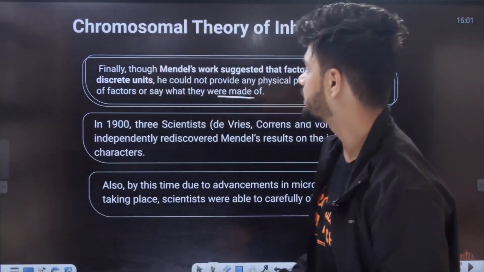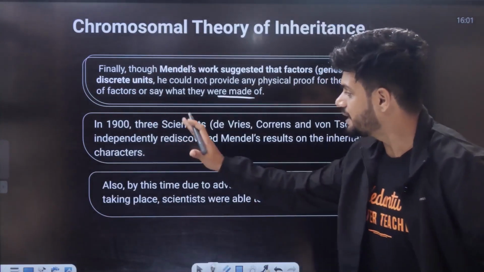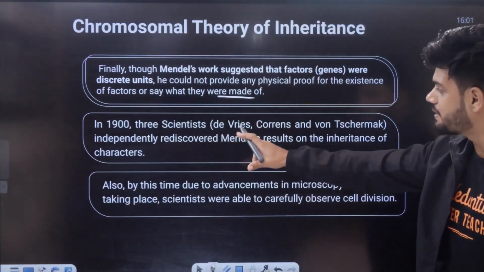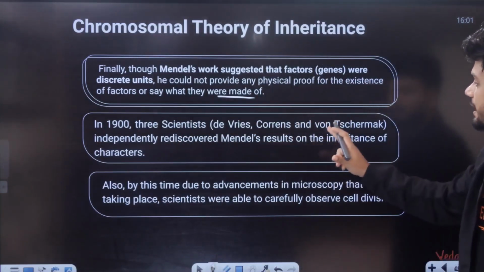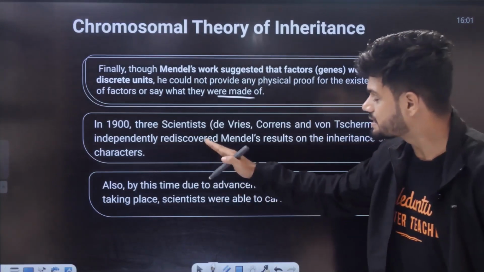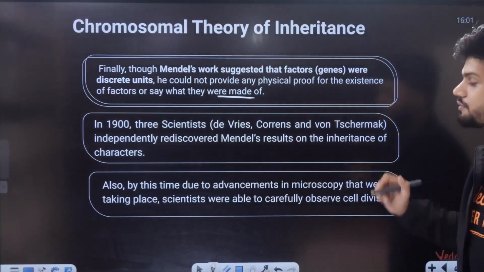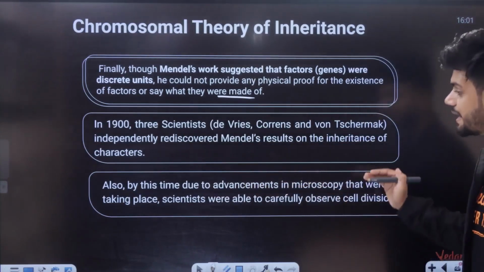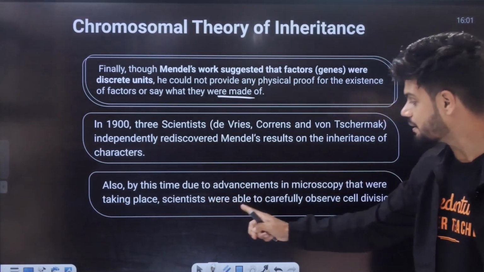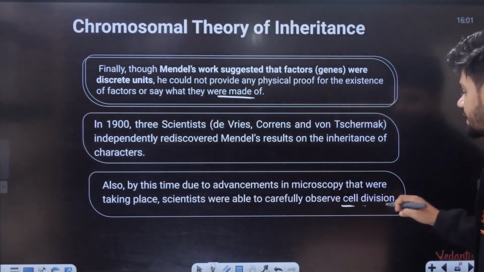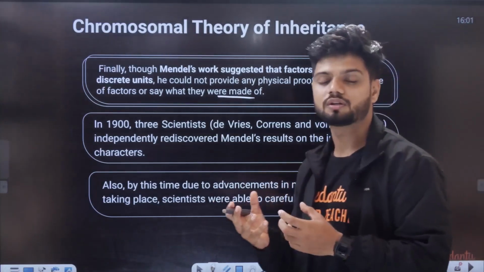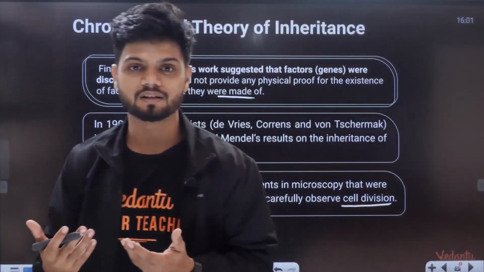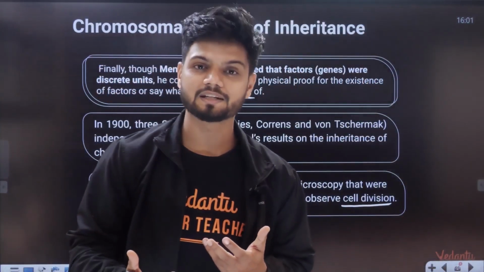No proof, no one will care. In the 1900s, three scientists, De Vries, Correns, and Tschermak, independently rediscovered Mendel's result on the inheritance of characters. Also, by this time, due to the advancement in microscopy, scientists were able to carefully observe cell division. So they observed cell division and later identified that yes, Mendel was correct